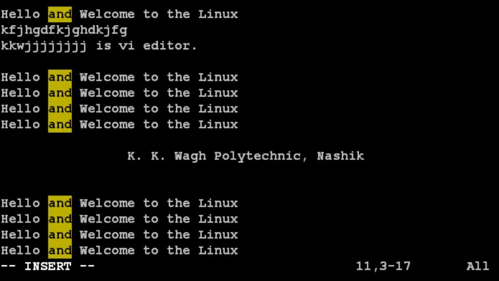Then we will see how to save the file. There are so many options. You can save the file and remain in editing mode. You can save the file and quit from editing mode. You can save and quit. You can quit the VI editor when no changes are made. You can quit the VI editor cancelling all the changes, and you can also escape to the Unix shell. Now first of all we will see how to save the file and stay in the VI editor.